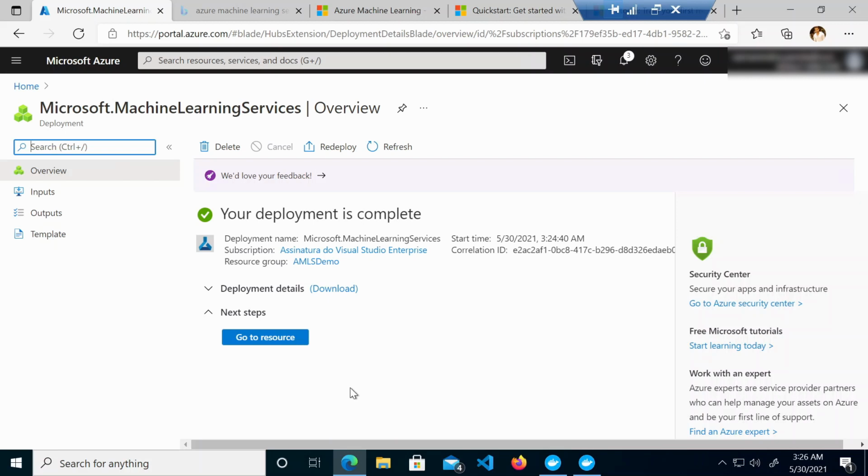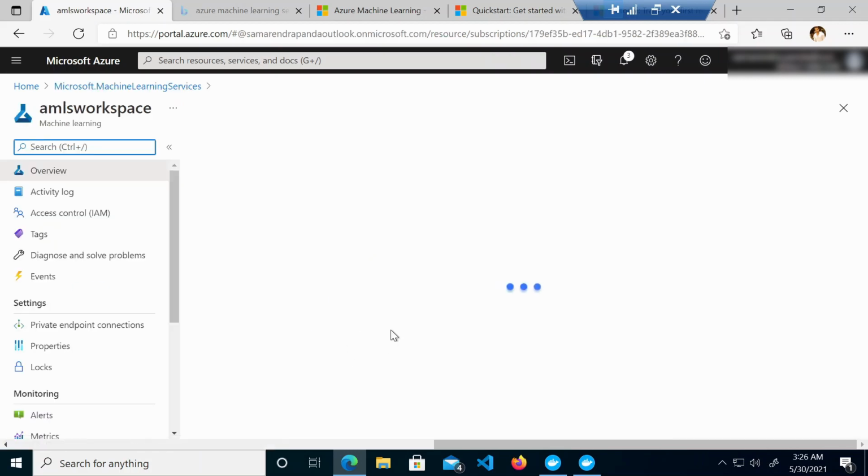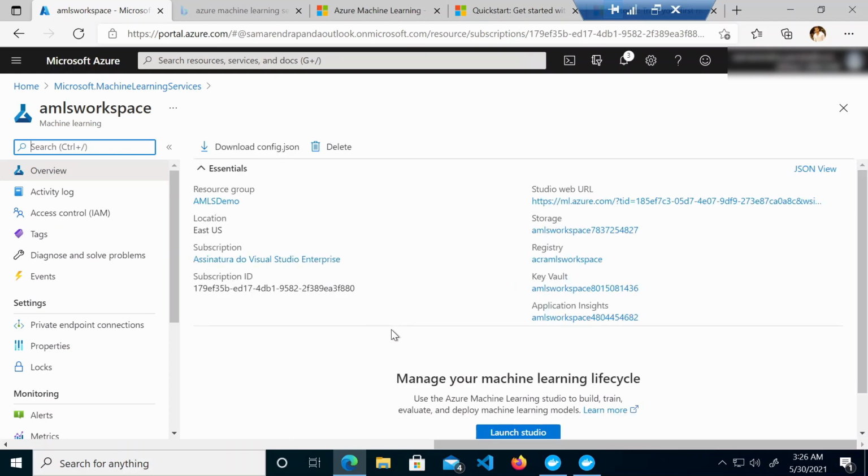Okay, let's have a look. It got created. Now, if I come to this page, you'll be able to see all the associated services listed here. I have the storage, which, as I told, is used to store the log information. Then I have the registry, which is used to register the container. Then I have the key vault, used to store the secret information of the Azure Machine Learning service. And then the application insights, which is for logging purposes. We are now ready to use the Azure Machine Learning service.